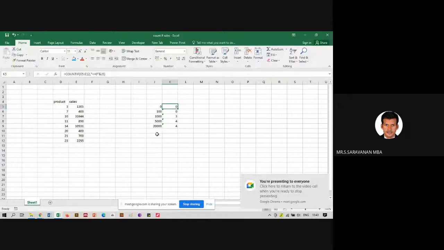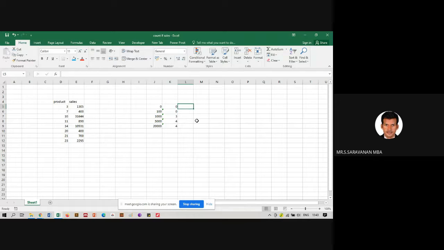select the sales value. Okay. So here what we are counting is from the 0, whether we will be able to get that information. So already I have calculated, but I will again calculate it. COUNTIF, open the bracket, select the sales data, comma, inverted commas, less than or equal to 0, close the bracket.